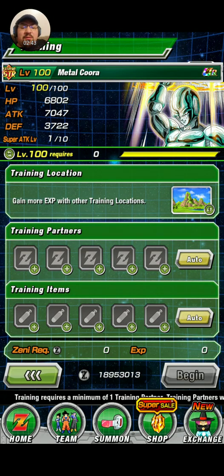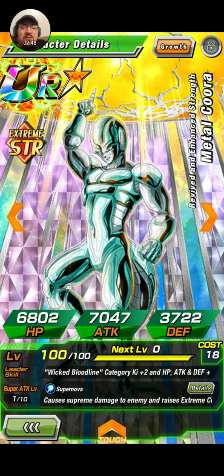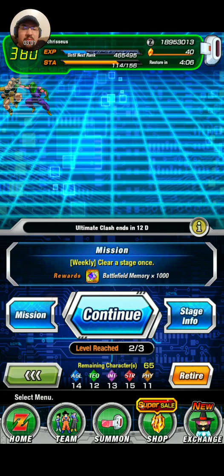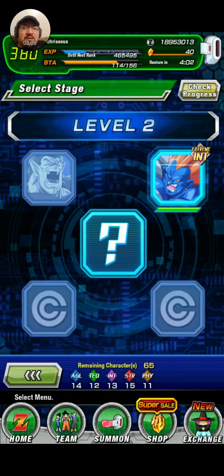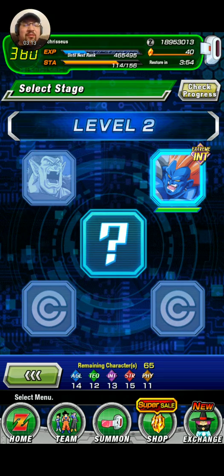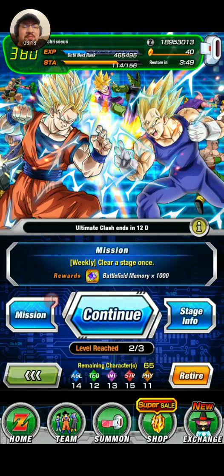And if he had a Dokkan Awakening, it would push me back here to awaken him. He doesn't. But I do believe he is a Wicked Bloodline category leader, which I didn't have before. So now I do. He's not the best leader, but he'll actually be useful whenever I get to the Ultimate Clash. I'm not very far into it. I'm on stage 2. I've only ever made it to the final stage, which is stage 3, but I've never beat anybody on it. So I'm not much further than I've been, but I'll go ahead and retire from it because I don't really...